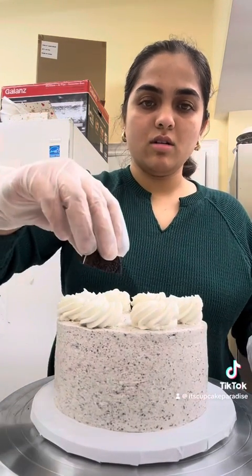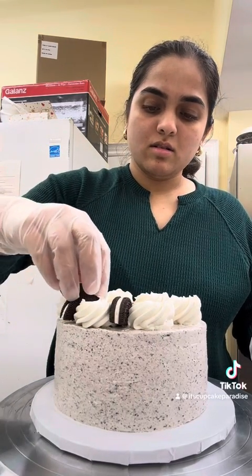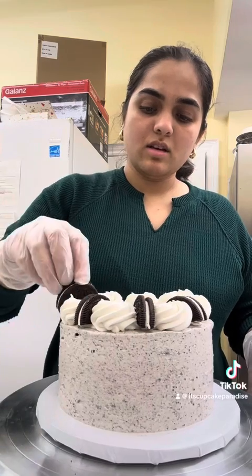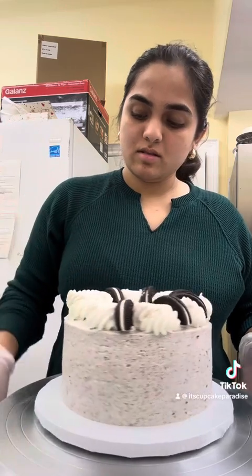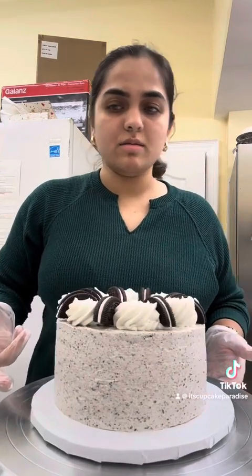You can put them on top of the white. You can put it in the middle. 2, 3, 4, 5, 6, 7. Okay, now for the bottom,